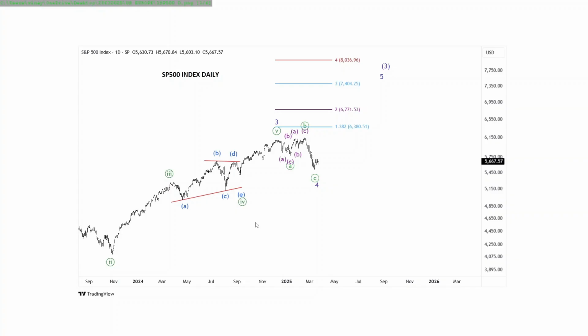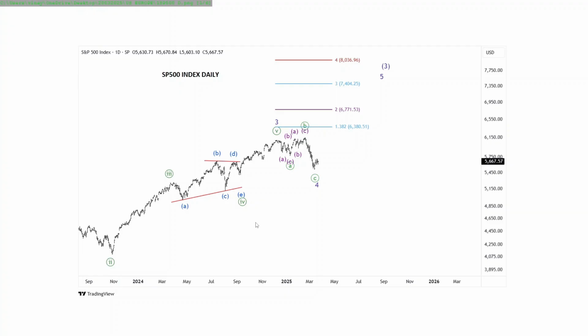So the first chart we are going to take today is that of SP500 index daily chart. As you can see that the wave count has gone a little change. We have now put minor wave 3 and 4 in place. It looks like that wave 4 has now been completed and it has carved out a flat wave ABC.